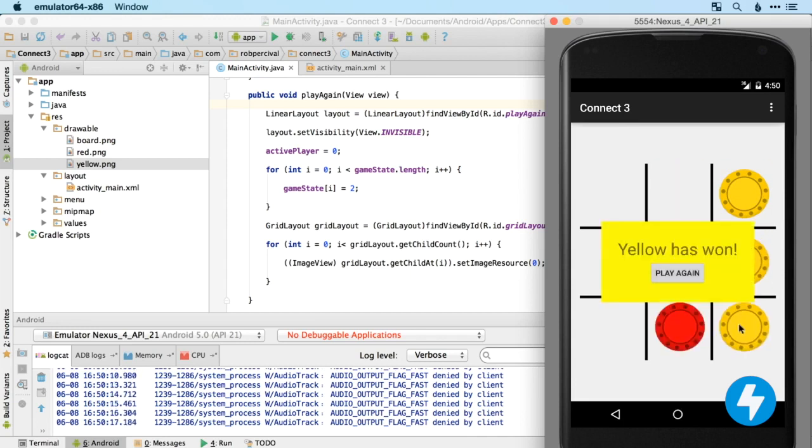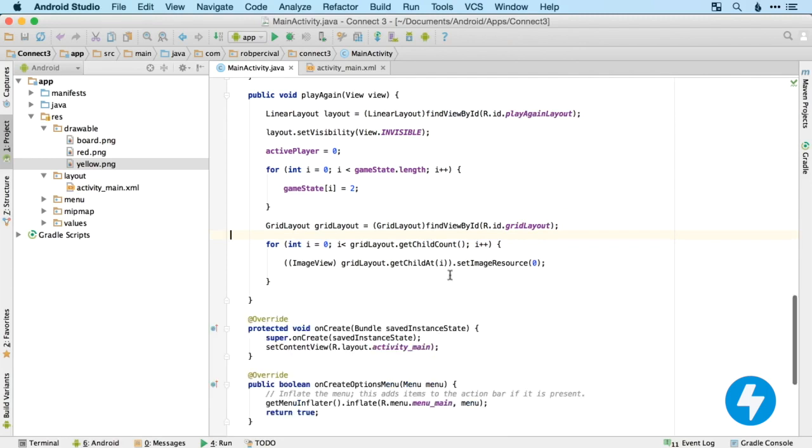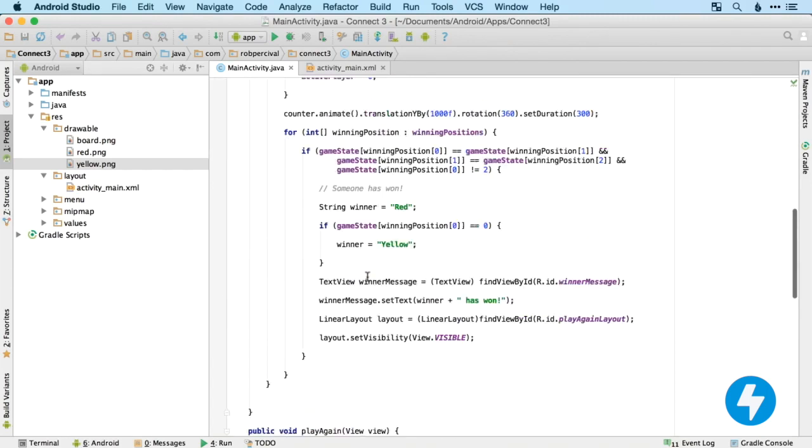Brilliant. Oh, everything seems to be working fabulously. There is one issue remaining. I don't know if you've noticed it, but once this has happened, we can still carry on playing, which isn't great. So we really want the action to stop until they start playing again. So I think, as always, there's many ways that we could do that. The way I'm going to do it